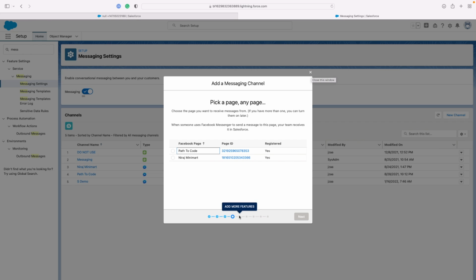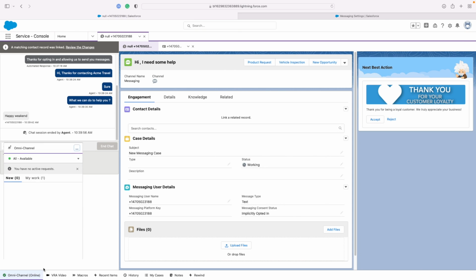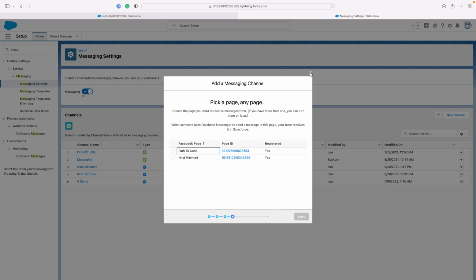This is a very small and smooth setup. As you can see here, the next step is what more features we have to enable, and then we have to select which queue, what the priority is, etc. You can create a queue here. What is the priority of the message? Because as you can see, this same omni-channel is going to support your multiple channels: telephony, web chat, WhatsApp, SMS, Facebook Messenger. Which channel would take priority, that kind of setting you can do here. So I'm not going to do anything.